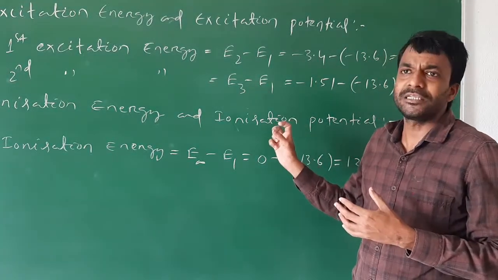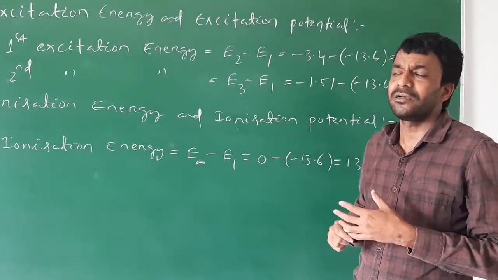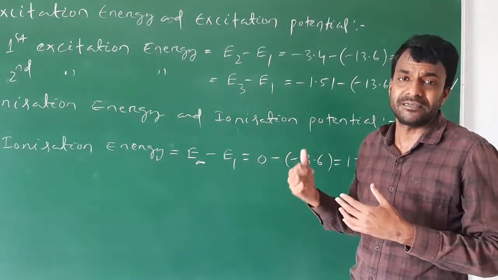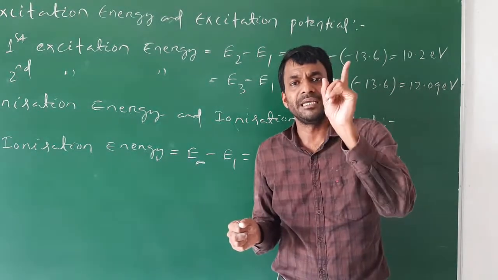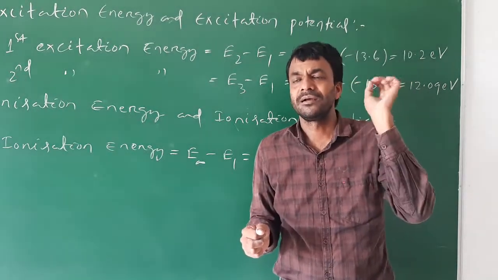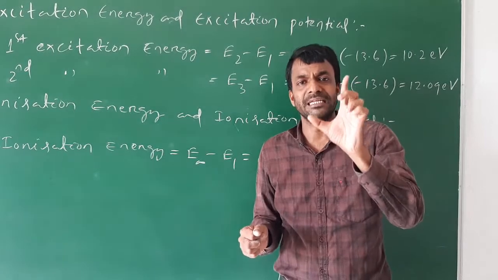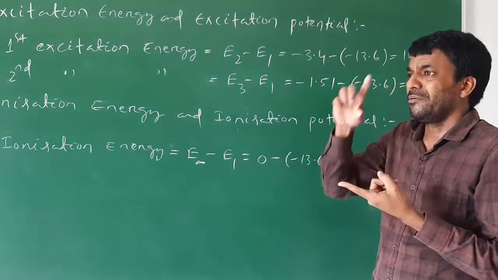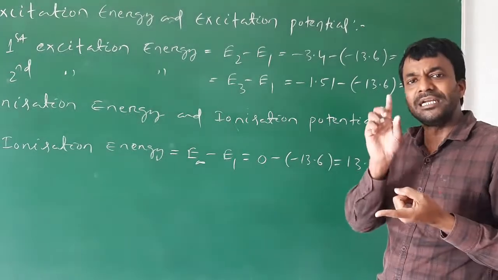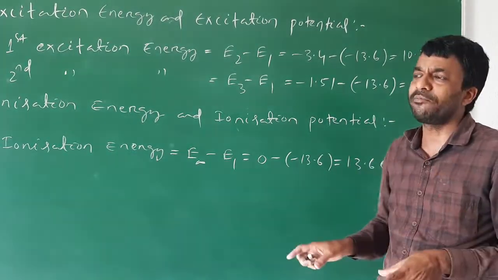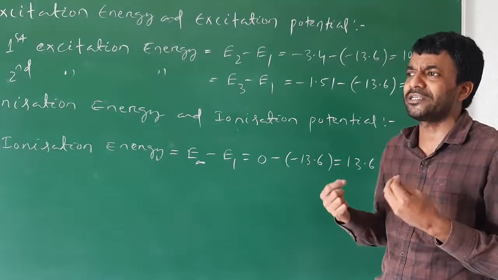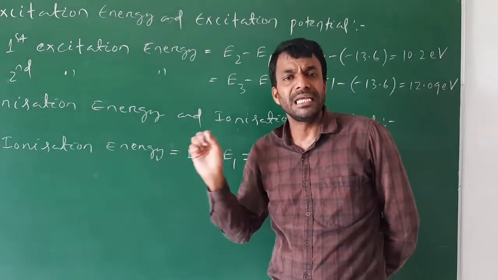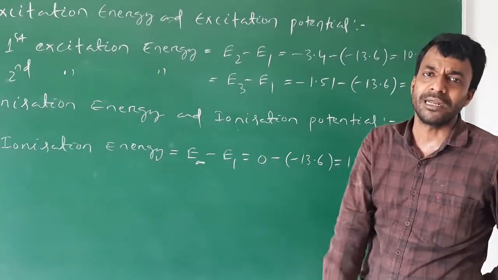The amount of energy absorbed by an electron when it jumps from the ground state to the ionized state. The ionized state is always single, meaning n is equal to infinity. The ground state is always 1, meaning n is equal to 1. Excited states are many, but there is only a single ionization energy. There is no first ionization energy, second, or third. It is simply one ionization energy, equal to E infinity minus E1.